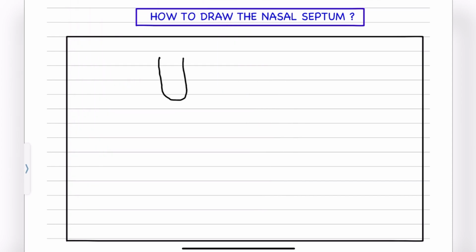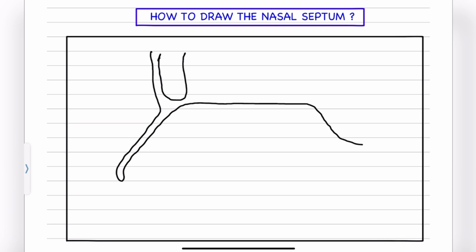Just follow my lead and draw point by point. So draw a U and then bring a line like this, go anteriorly and form a nose like structure. Then bring this line behind horizontally backwards and end it like here. Now posteriorly bring another line, move horizontally and straight, and join these two lines together and form a cavity in